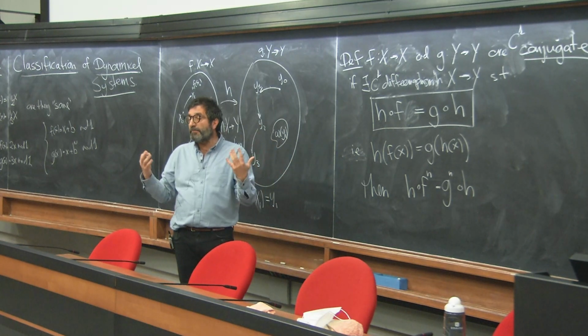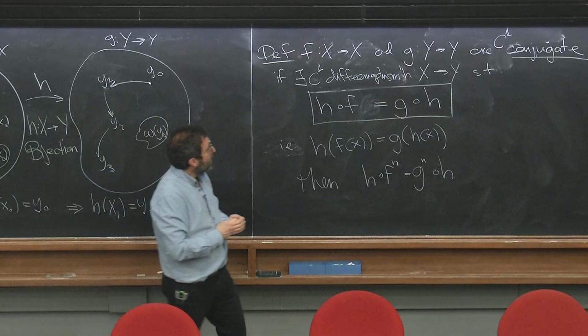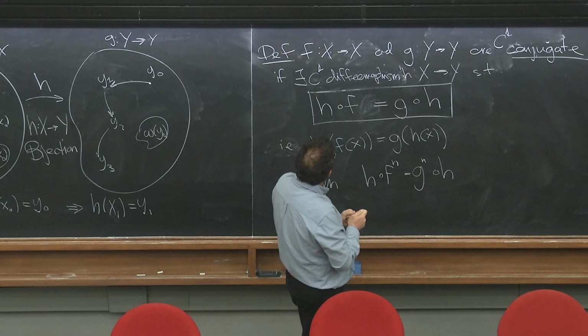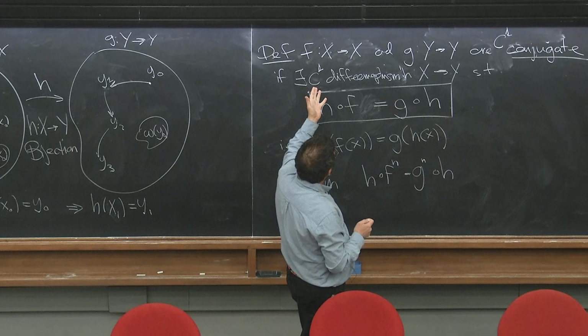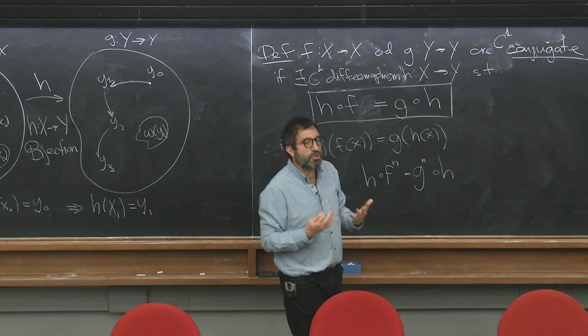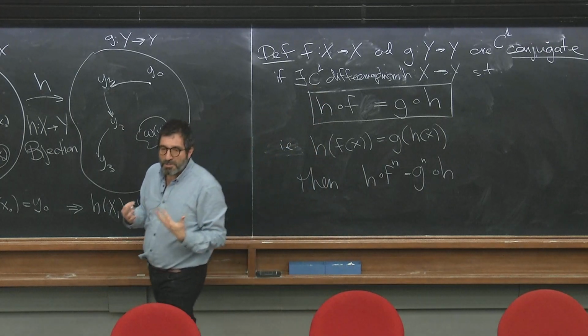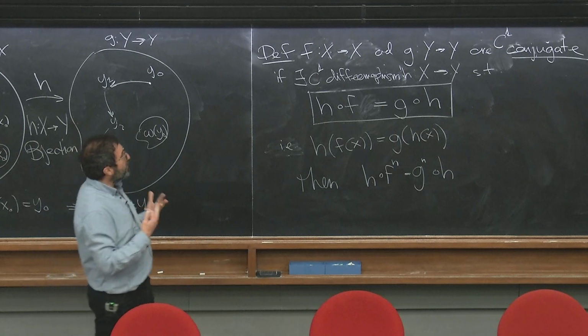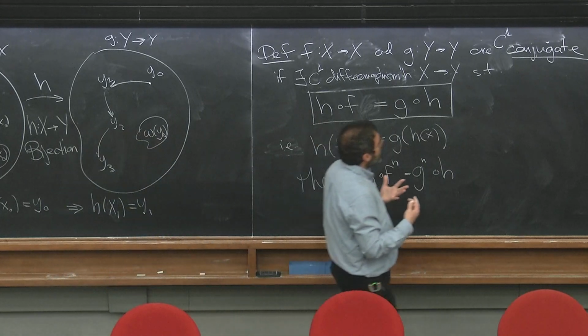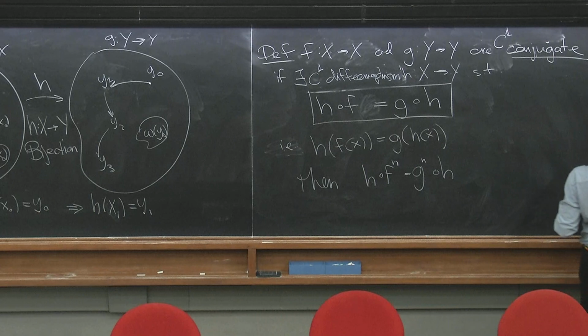So which additional structure do you think that this preserves? Suppose we take two interval maps, F from I to I, and G from J to J, where I and J are intervals, so that we can define